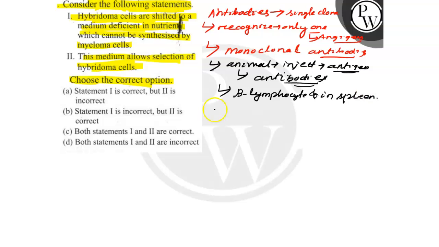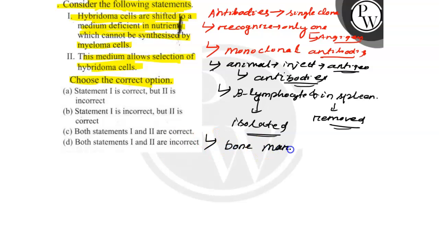The spleen is removed and its B lymphocyte cells are isolated. Similarly, the bone marrow cancer cells are also isolated, and these cells should not be able to